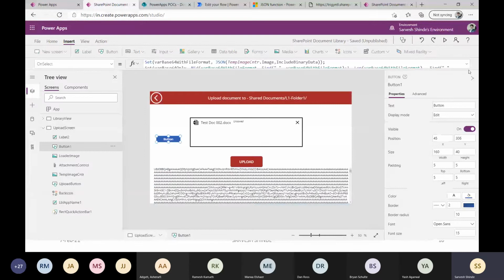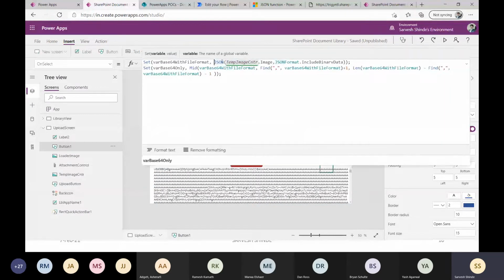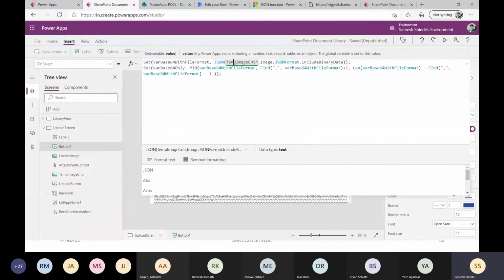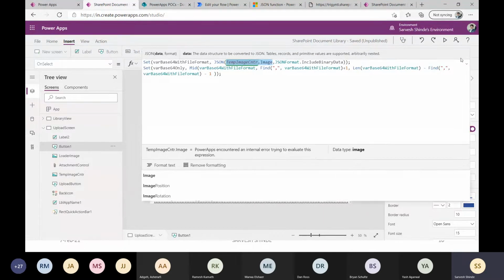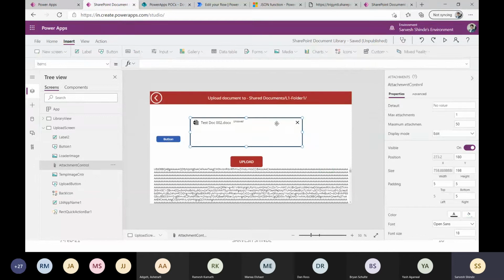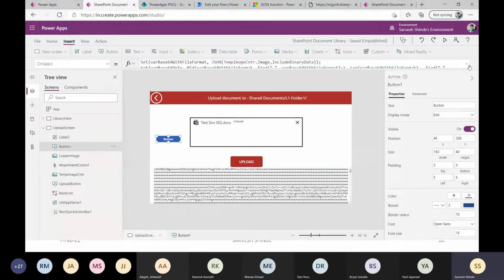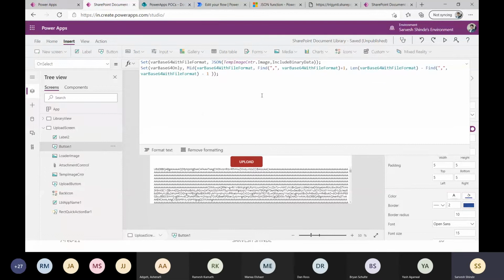Now what we are doing here first is using the JSON function. And if you see here, this is an image control. Why are we using an image control, and why are we not directly using the attachment control here to get the content of it? The problem is, if I show you